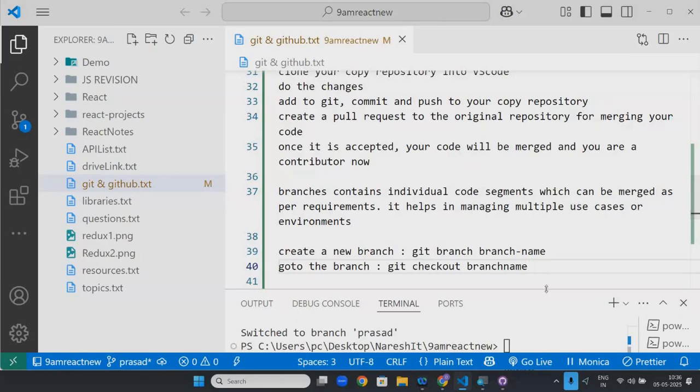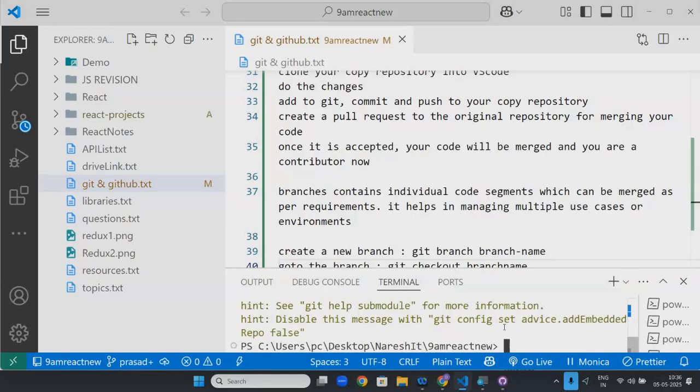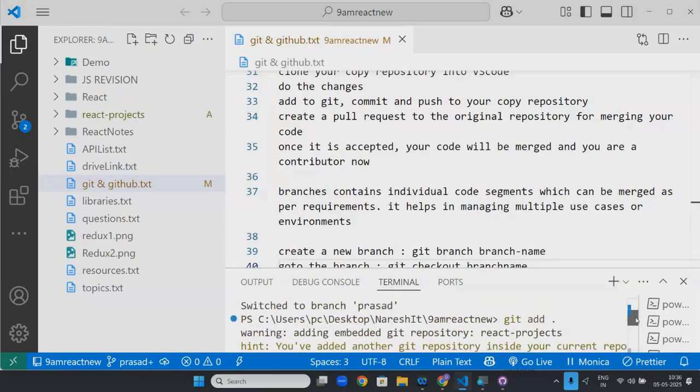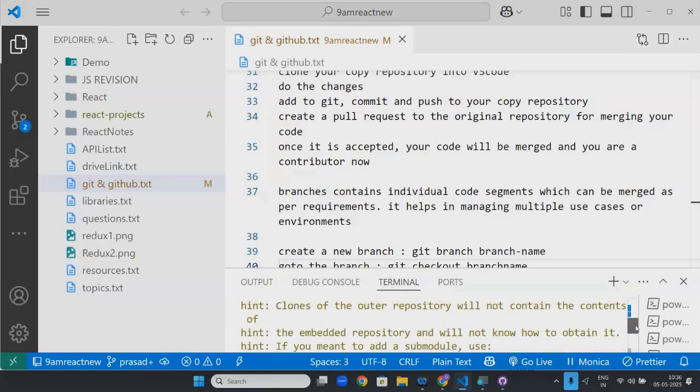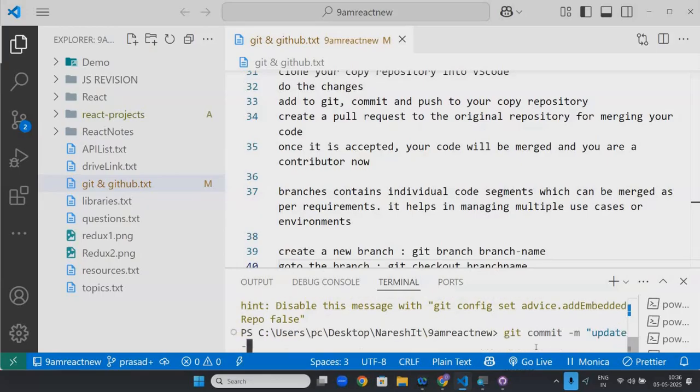Now all I will do is git checkout, and after that I will add something. Git add, git commit -m "update Prasad".